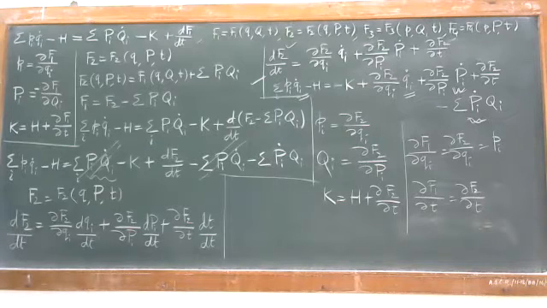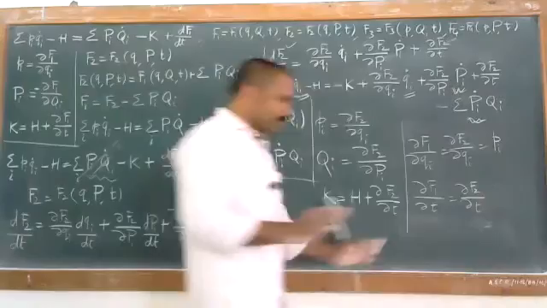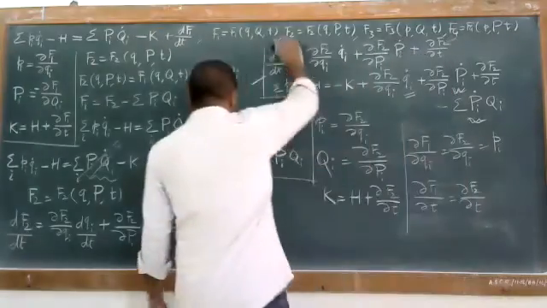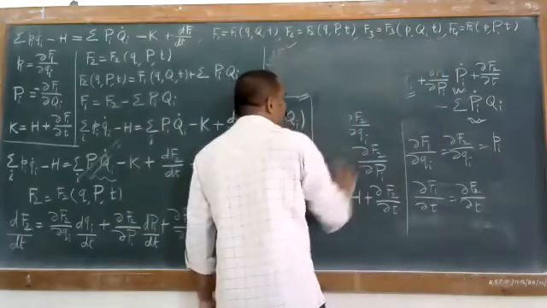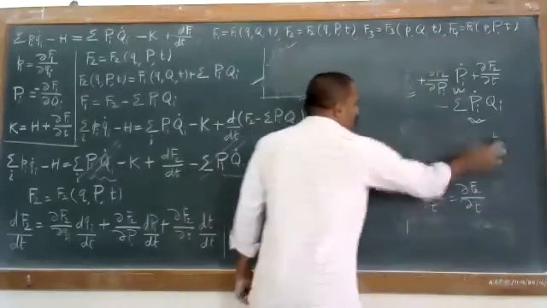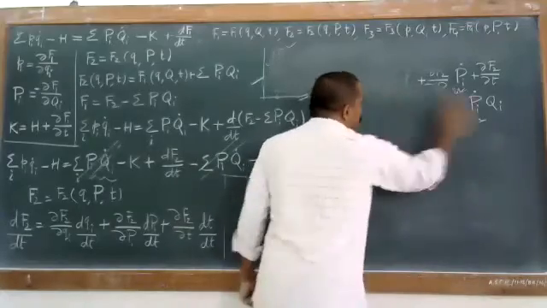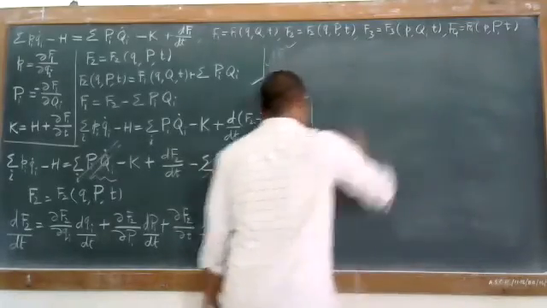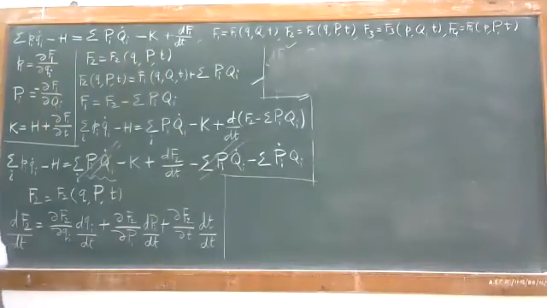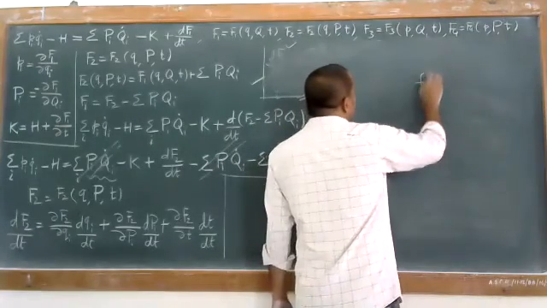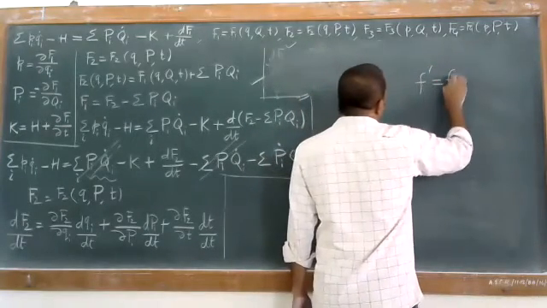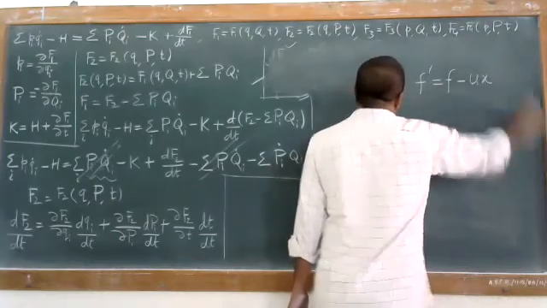And now we'll have to solve it for your third function, that is f3. Okay, the function is very simple. I'll remove this part so that again we can have the conditions, that is the function that we have to find out. Now look at the condition. What is our Legendre transformation? Our Legendre transformation is f dash is equal to f minus ux.